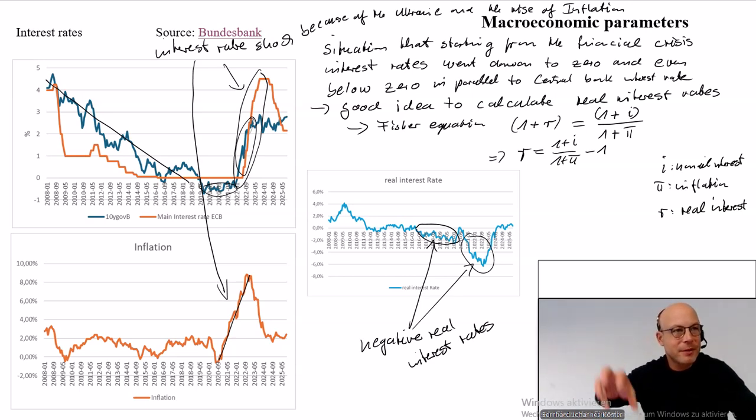Because going into the capital markets to secure a bond means that you lose money over time. But on the other hand, in quite many countries, we didn't see that consumption was really pushed during this situation. And maybe you find there